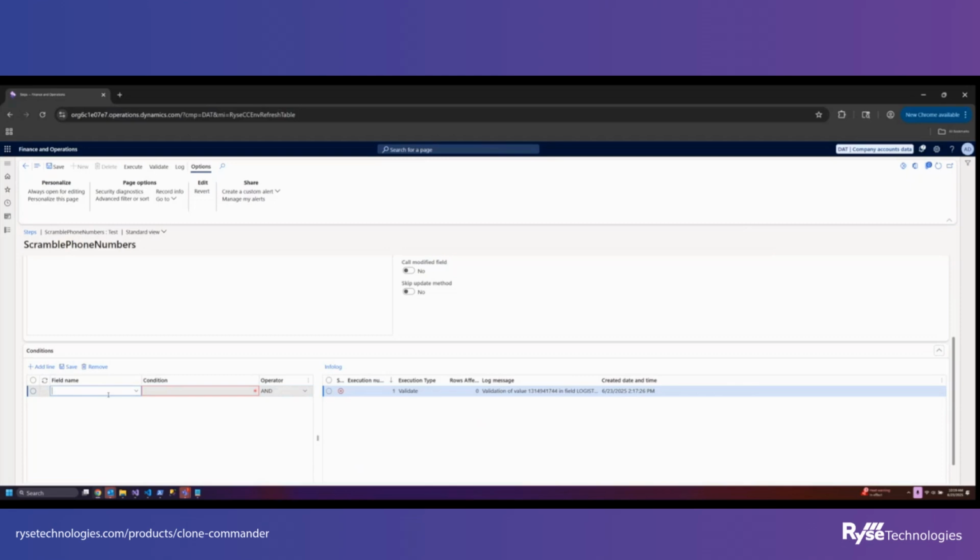So I want to focus on, we saw in that error message, the type needs to be filled in. So I'm going to add type equals phone here. And this conditions builder is essentially building a query range in the background, for the people on the call that know X++ and have done some development. We allow you to build some pretty complex conditions. You could also add another line, and we've got an and or an or operator. Gets you sort of 95% of the way there with most of your